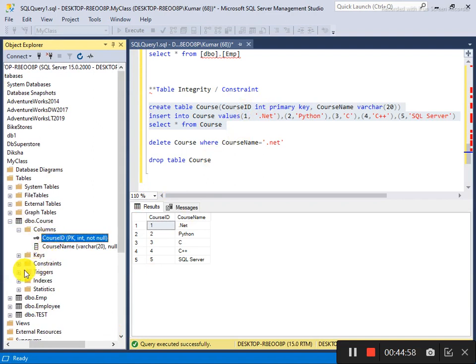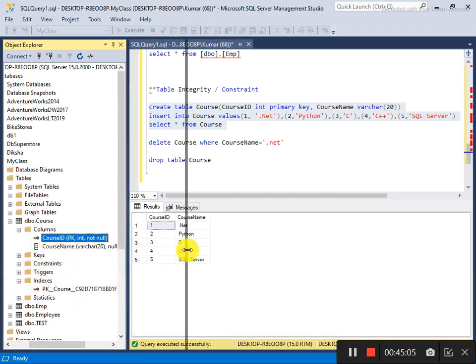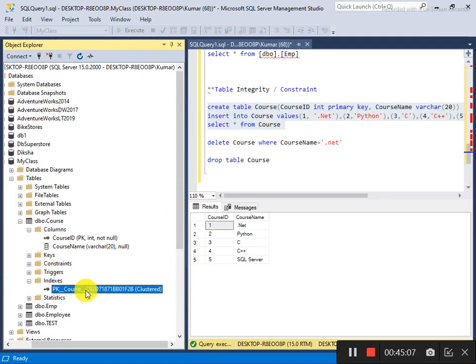If you look at the index, a primary key itself is an index, and you see that a random name has been given to it: PK underscore course underscore C92D, which is almost 15-16 characters. PK means primary key, underscore course means the table name, and then it's randomly generated.